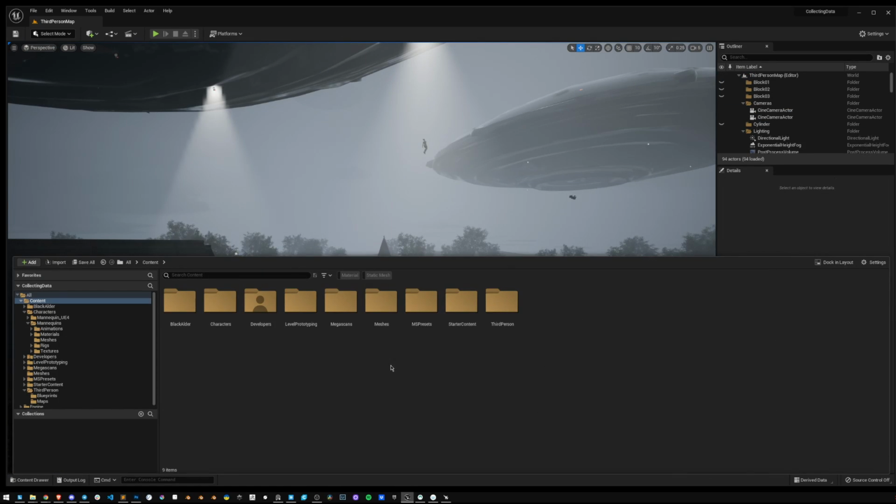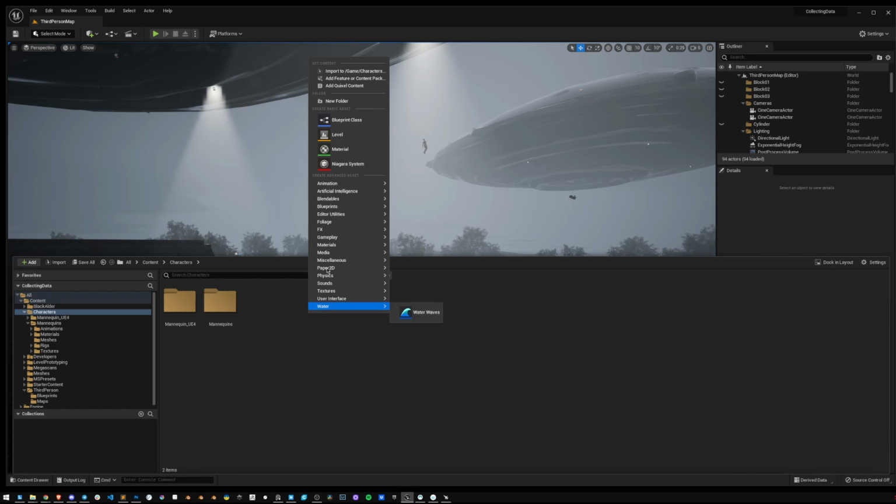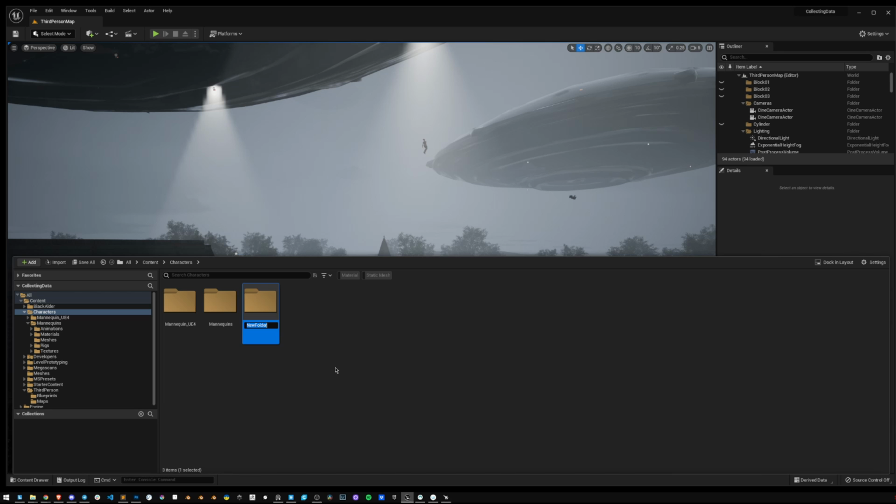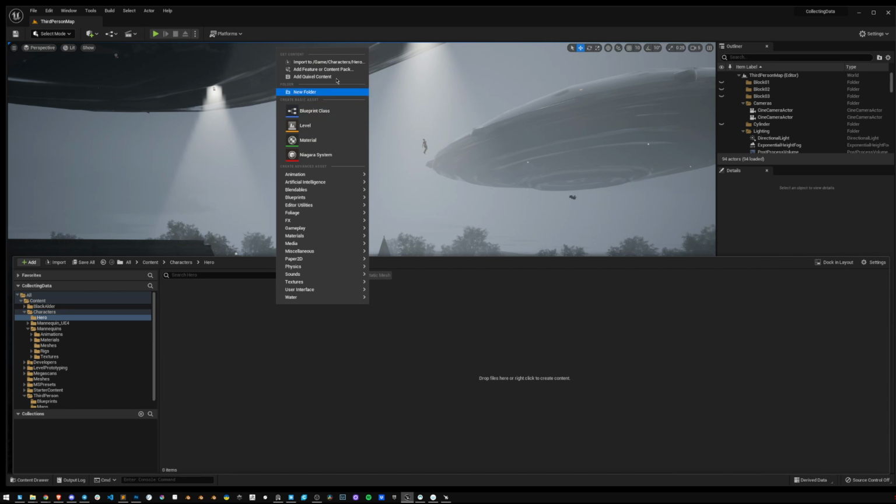Alright, we're on to our final step of the process, getting our custom hero character in and making it playable. This is a pretty complicated process. We're just going to go step by step. I'm going to explain everything and we're going to get it done. So first, let's go into characters and create a new folder here. Call it hero. Inside hero, we're going to import